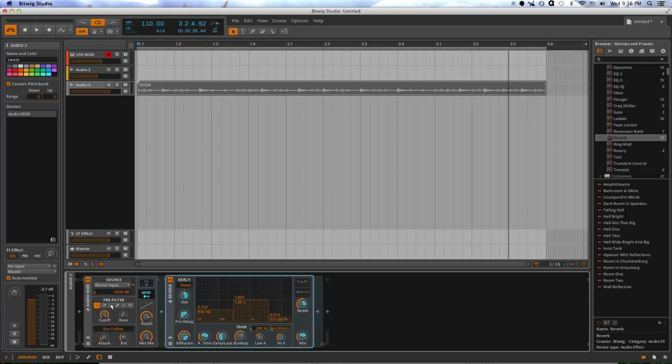Right, and then you have all these other things on here, like a filter before your modulation and an envelope follower. So, I mean, you can get pretty crazy and do some